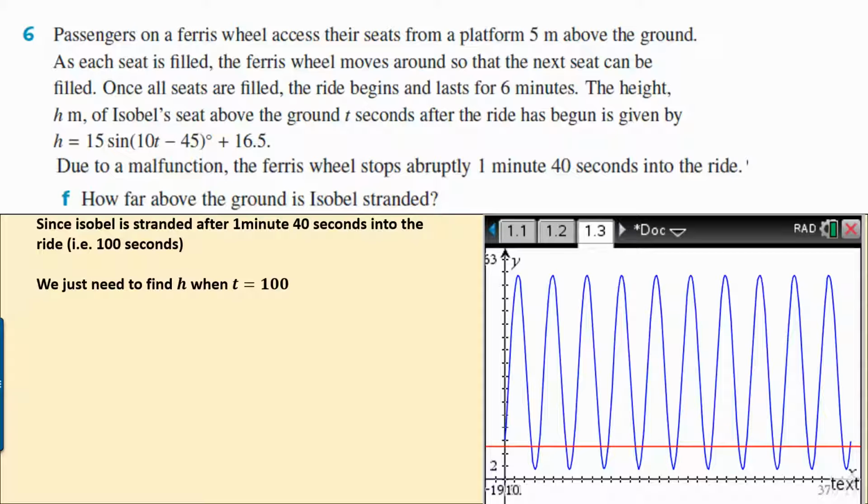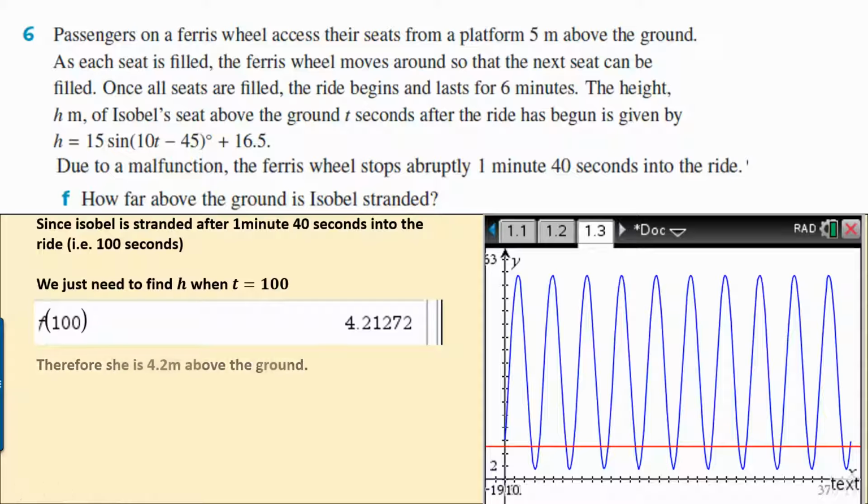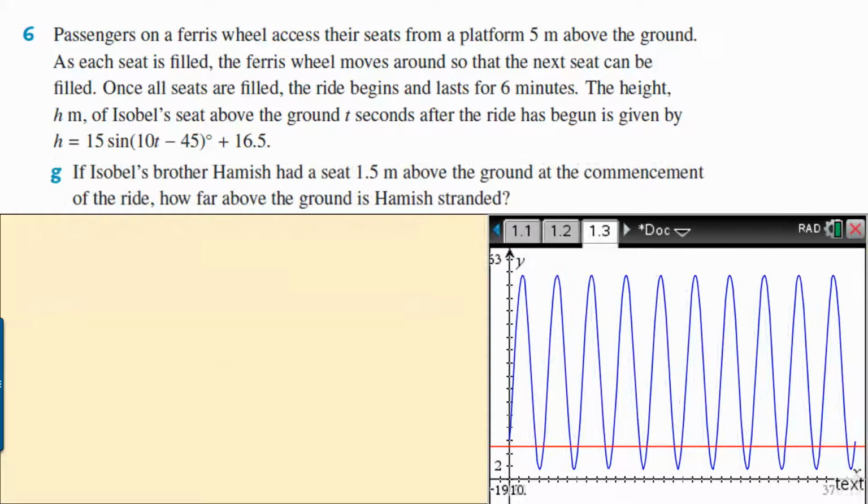Okay? And so once we get t equals 100, we know that's 4.2, so you're 4.2 meters above the ground for Isabel. Now the hard part, I think the only hard part, would be the next question. This is the last part of the question. So now that you know it took 100 seconds and she was 4.2 meters above the ground, the question is,